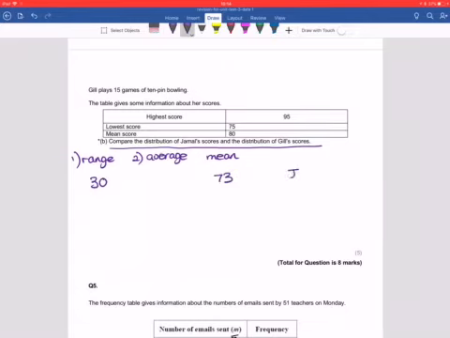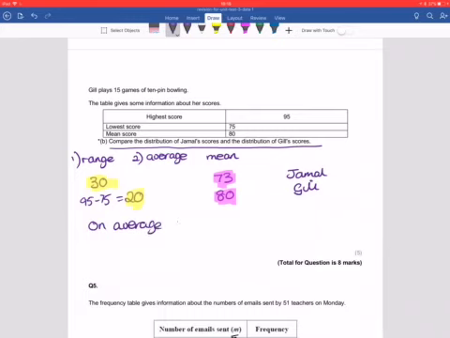This is Jamal. And Jill has got, let's compare, a mean of 80 and her highest is 95, take away 75. So she's got a range of 20. Okay, so those are my two ranges and these are my two means. Right, what does that actually mean? So it says compare. So on average, I'm going to talk about the mean. On average, Jill scores higher